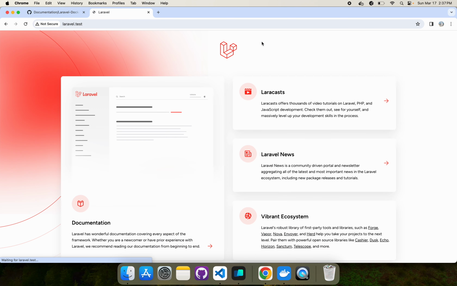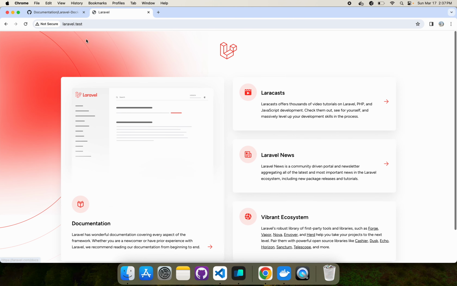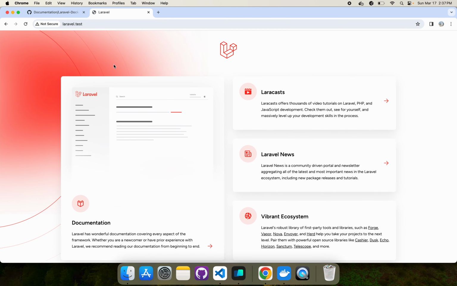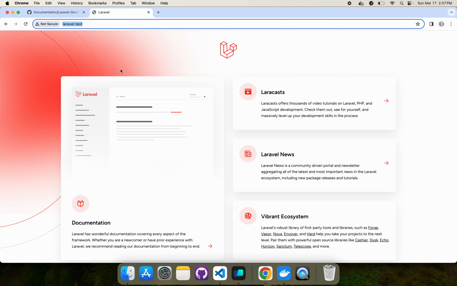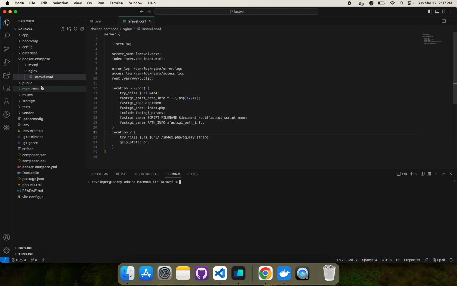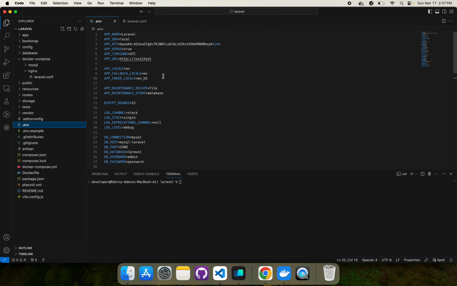Let's go ahead and refresh it. There you go. We can now access our Laravel with this domain, Laravel.test. And of course, don't forget to replace your environment file with your app URL. Right? Okay, so since we are done with that